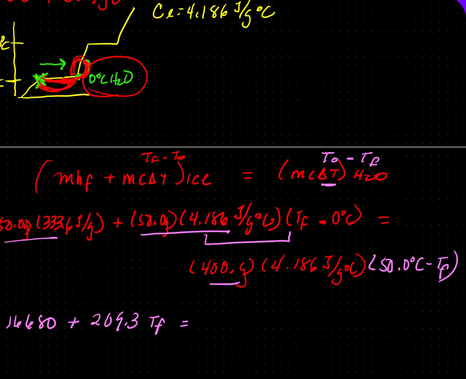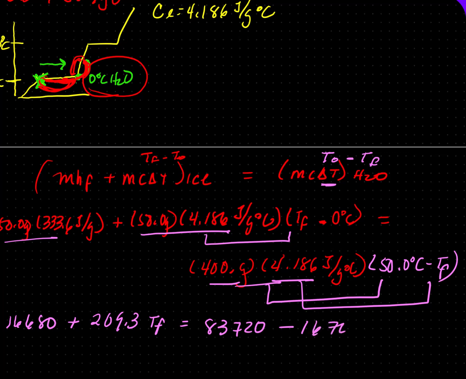This is equal to the opposite side. So we're going to multiply 400 times 4.186. And then we're going to distribute it to the 50 and the T final. So when we do that, we get 83,720 minus 1,674.4 T final. Now we're going to move all the T finals to one side, and we're going to move all the numbers to the opposite side. And when you do that, you should get